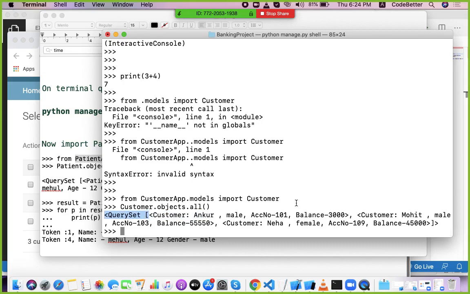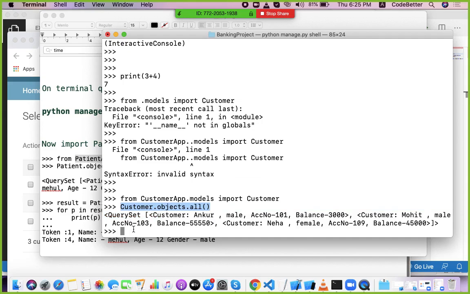Is it visible to everyone? So this is one language where you don't need to write any query like select star from customer. You just use customer, that is the model name, objects means all objects, and the function all. So you get all the objects of the customer.